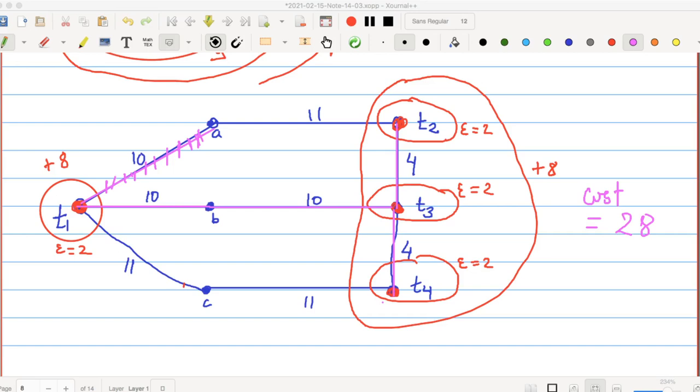So the question is how to decide the value of epsilon, how much to increase the dual variables. For each dual variable, you individually check how much you can increase it, and you just take the minimum value among all dual variables currently under consideration. That will be your epsilon. Does that make sense?